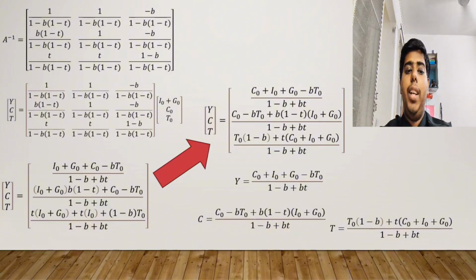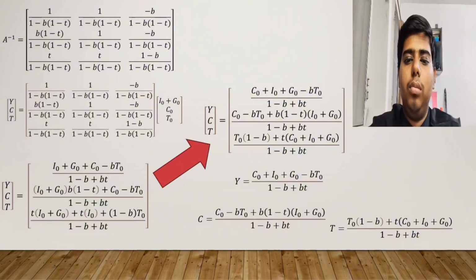First, let's look at the inverse matrix. It's presented here as a 3 times 3 matrix where each element is divided by the same denominator. There is 1 minus b in bracket 1 minus t, which is mathematically equivalent to 1 minus b plus bt. Notice the structure that row 1 gives the solution coefficient for y, row 2 for c, and row 3 for